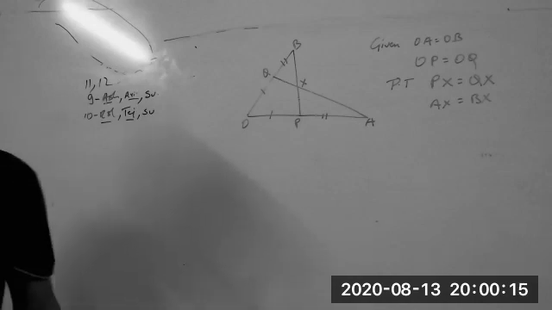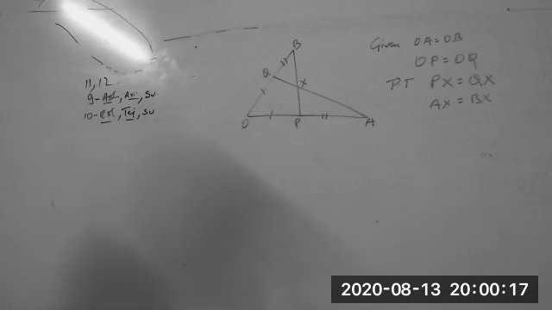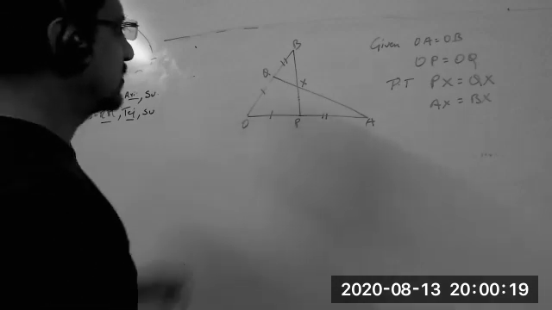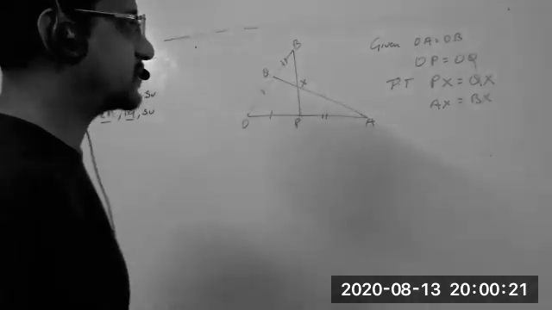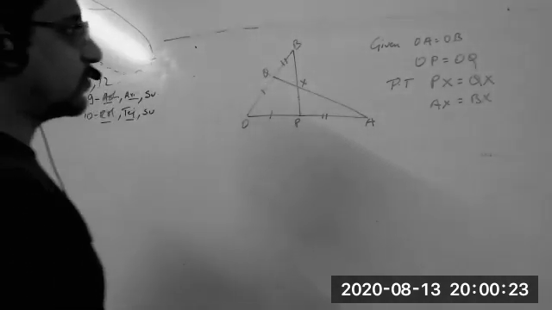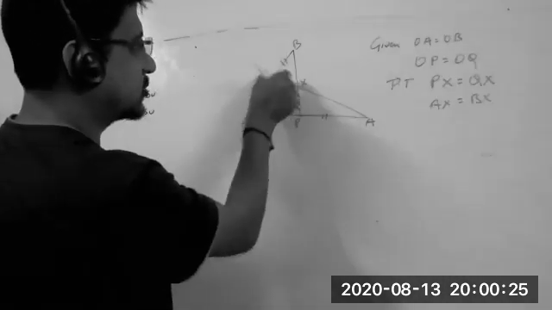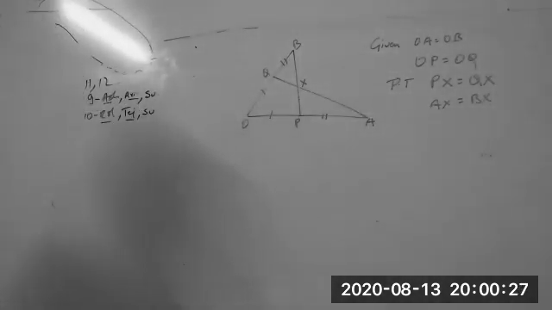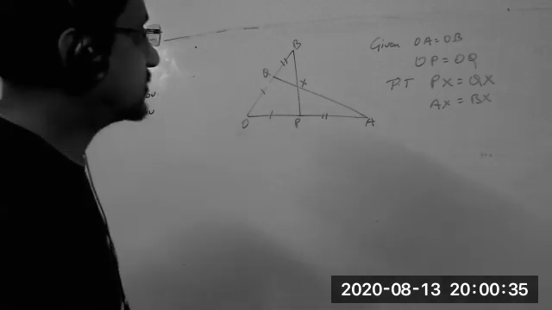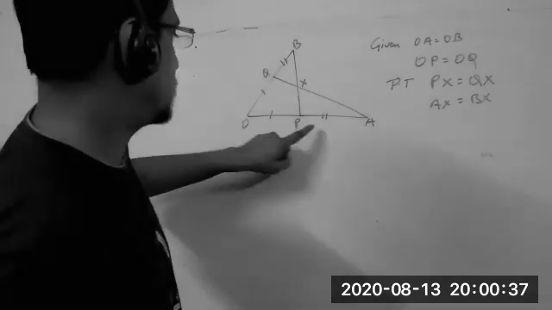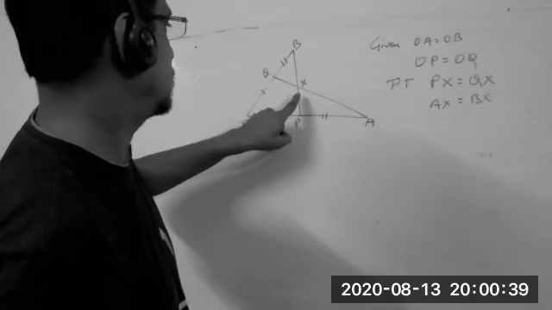11th question, who has asked? Yes, me, sir. Vishal. Yes, sir. This is equal to this, correct? Okay. Now, you are supposed to prove PX and QX equal. So what do we have to do here? Think which all things, PX and AX. Where is AX? AX equal to BX.